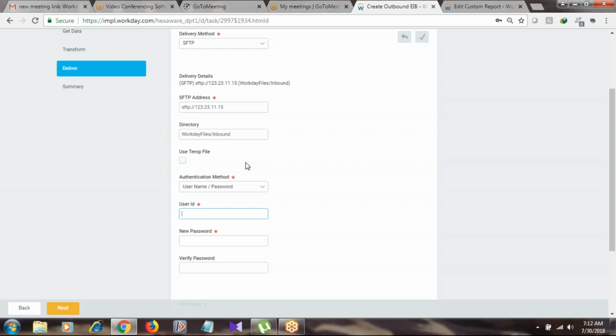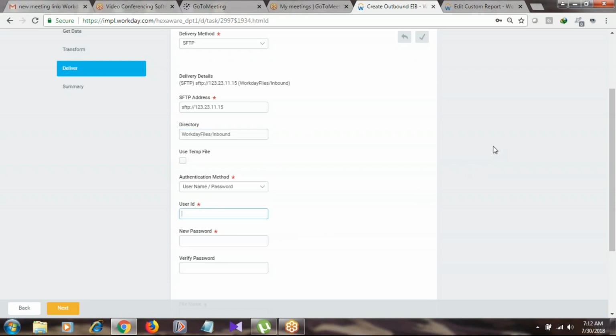When we are generating an outbound file to some vendors, during the requirements phase, we need to ask for all this information: which server we need to place the file on, which directory, and what the connection method to this SFTP is. Then we can configure it during development.